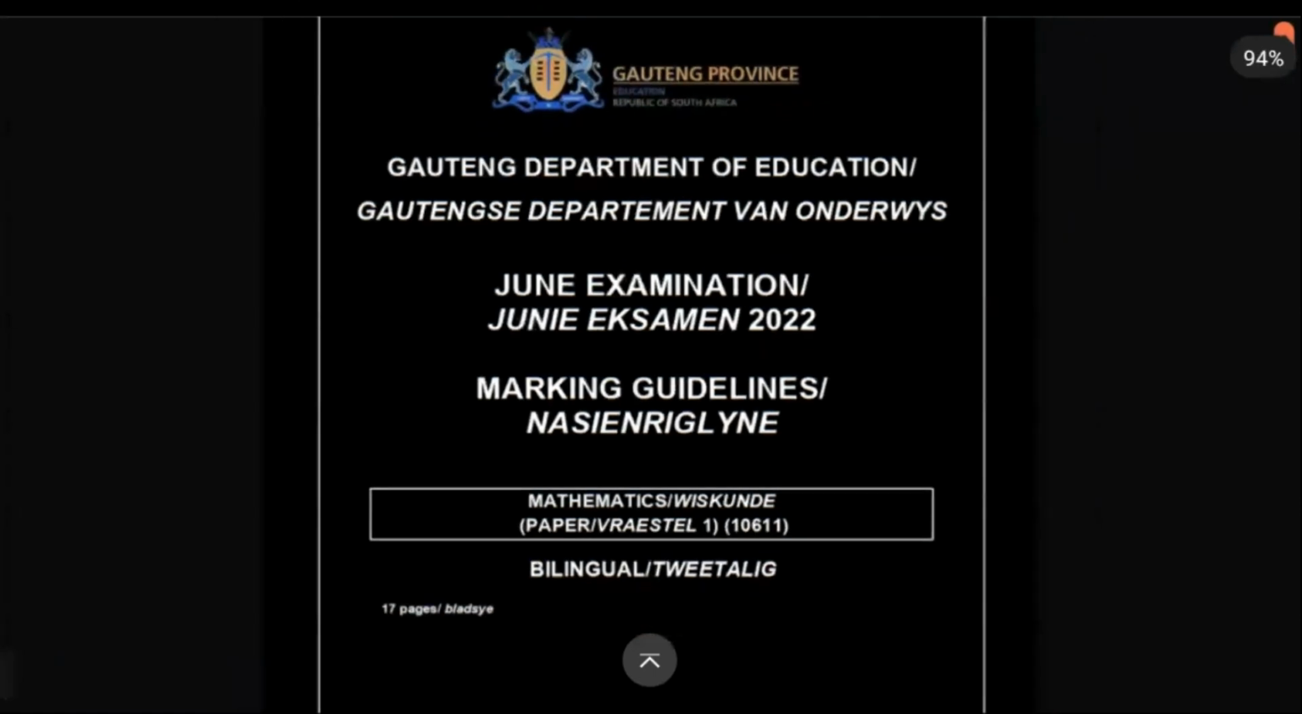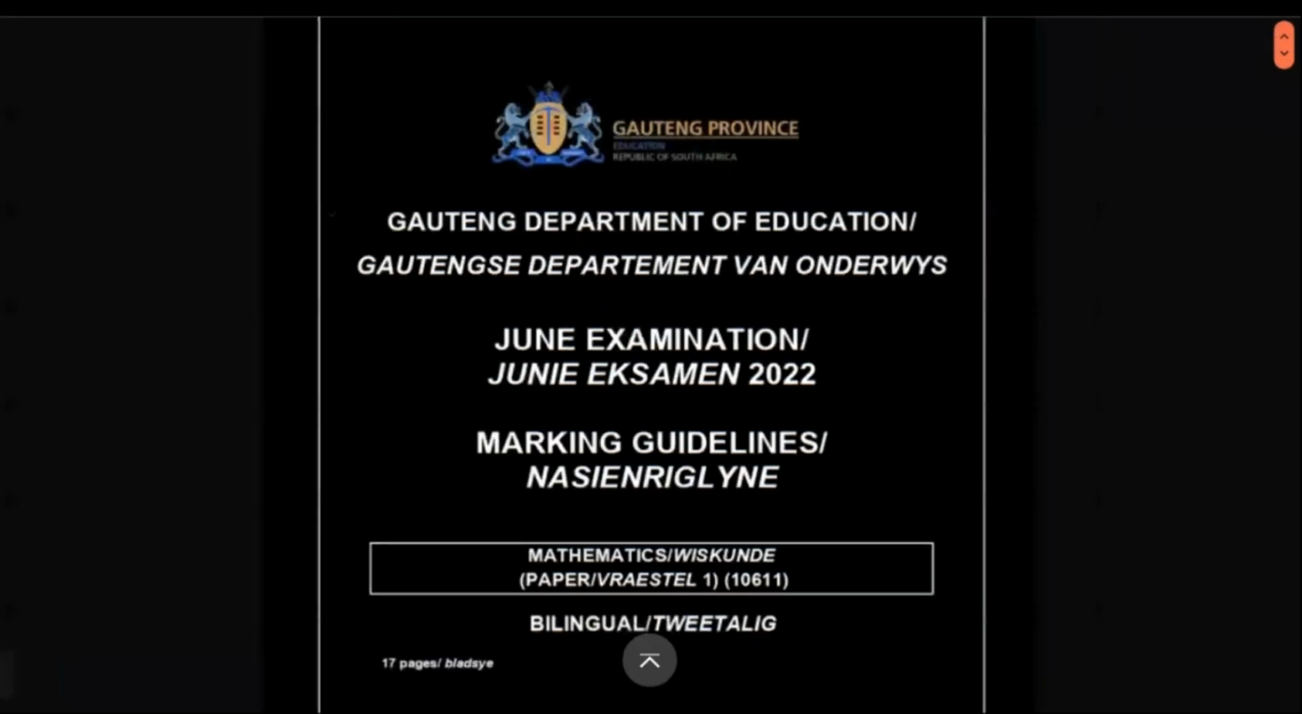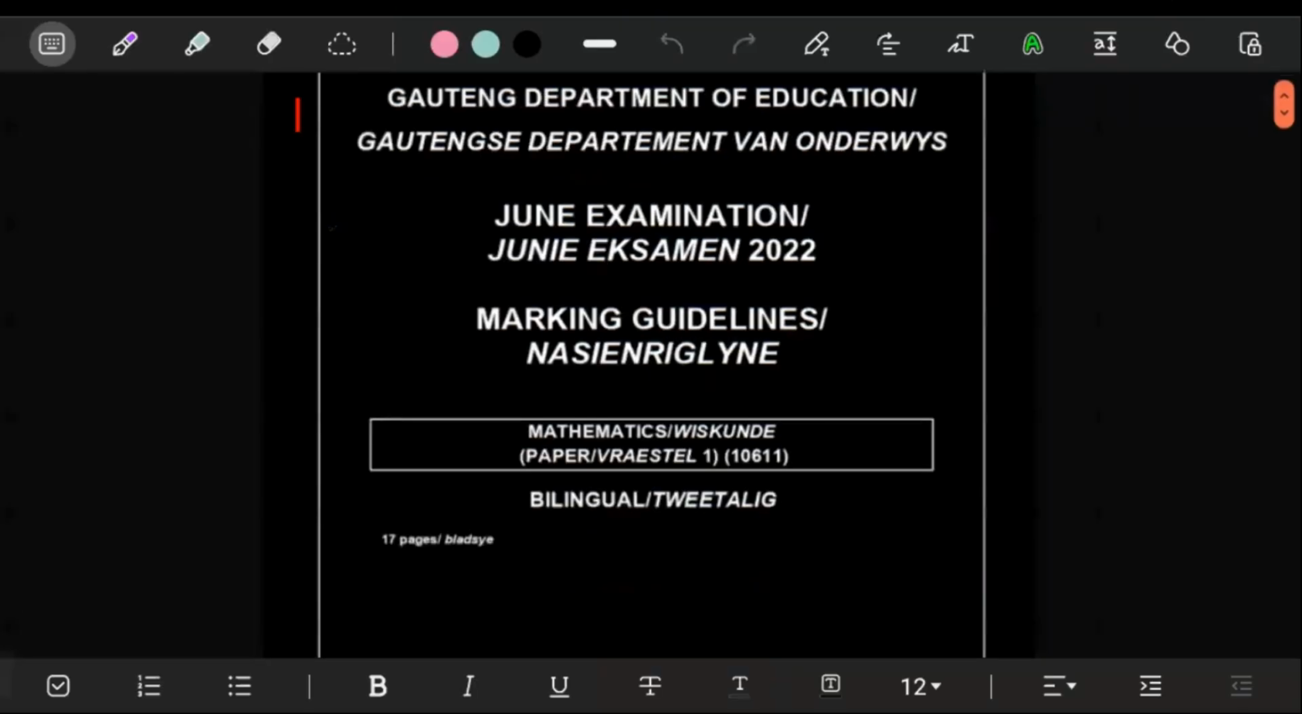Gauteng, grade 12 maths, paper 1, full memo. So that's what we're going through, starting with question number 1, as mentioned in the other